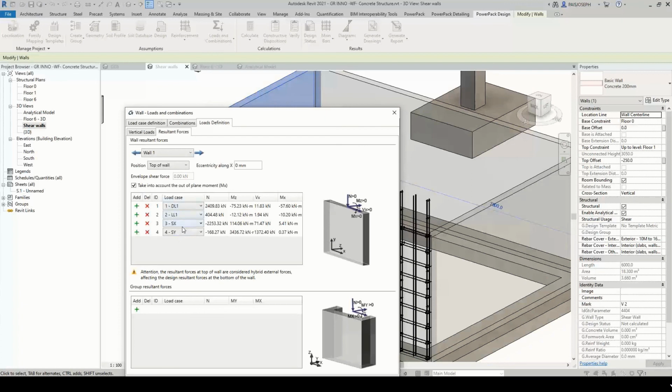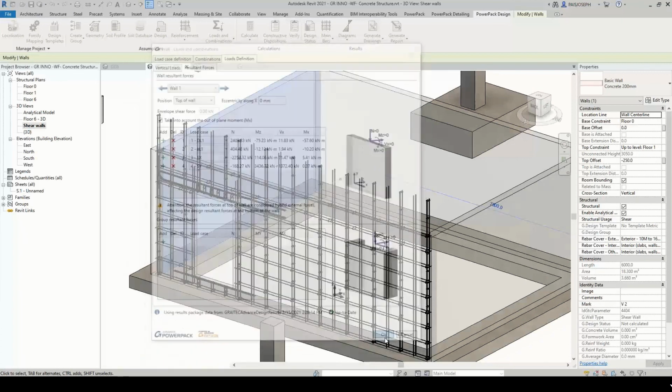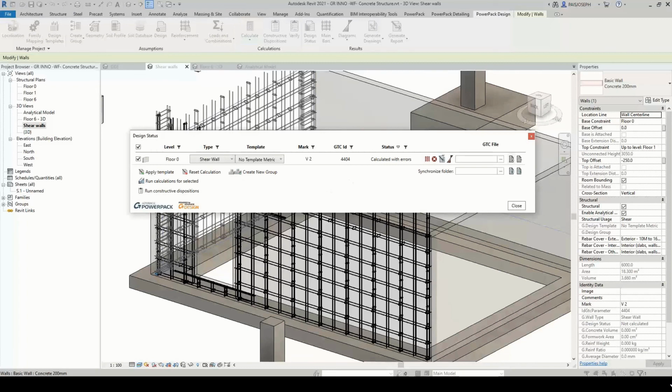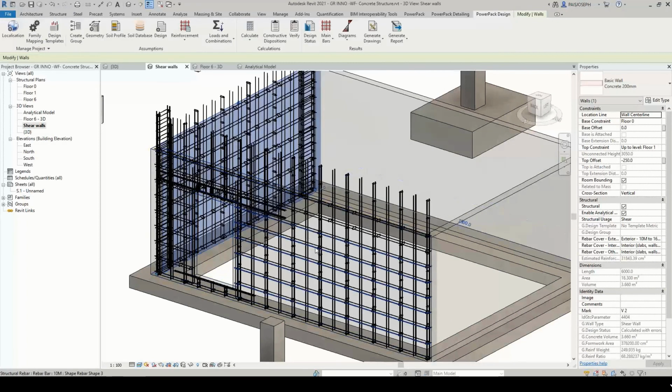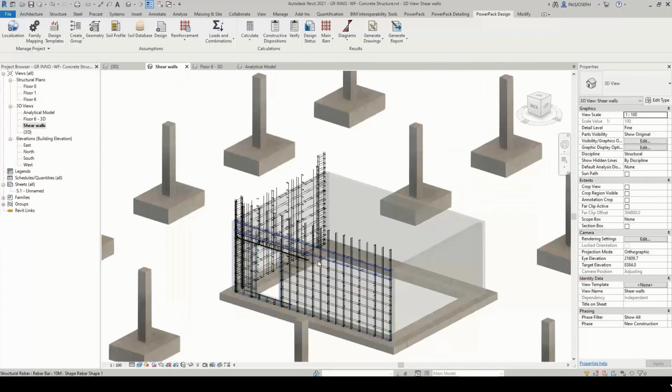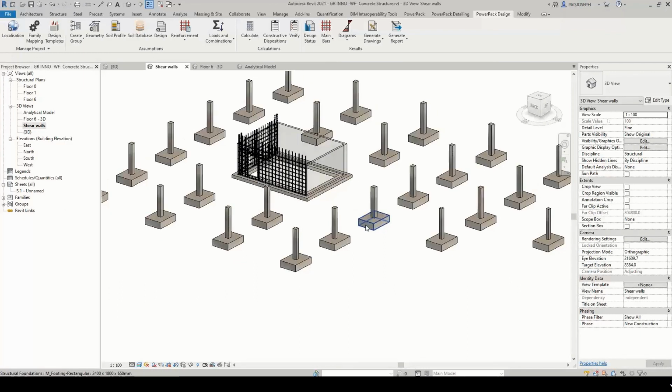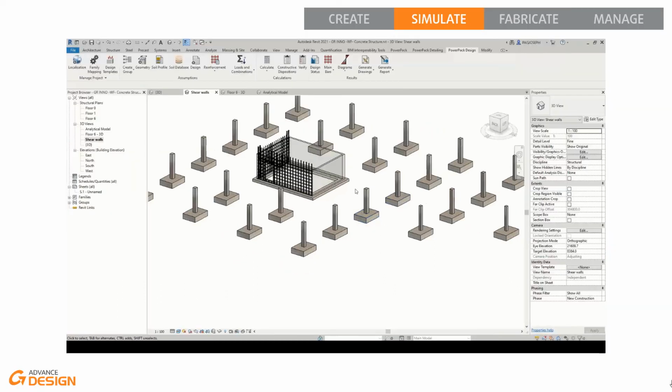So here you see, if I select the load and combination command from the design of the Power Pack, I see the torsors and the values. And based on those reinforcement assumptions, you see, for example, around the openings, we have some additional local reinforcements. Those assumptions can be used as well, for example, if you want to manage stiffeners. And you see on both sides, on the extremity part of the wall, we have some additional rebar cages, and all of this can be done based on those design capabilities from the Power Pack.